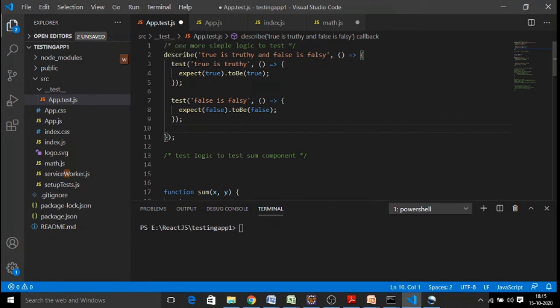The describe block is going to describe the number of test cases in your application, and each test function is going to be a function for which you will compare the actual value with your expected value. If both are matching, let us say you are giving one sample string, true is truthy, and you are expecting true, then if both are matching, your test case 1 is passed. Similarly, false is falsy, right? You have false is falsy in your describe, and now you are checking that false has to be false. Both test cases you wanted to test with.